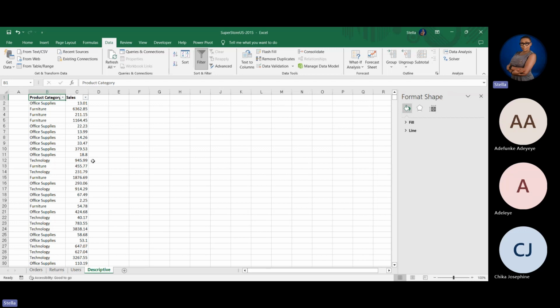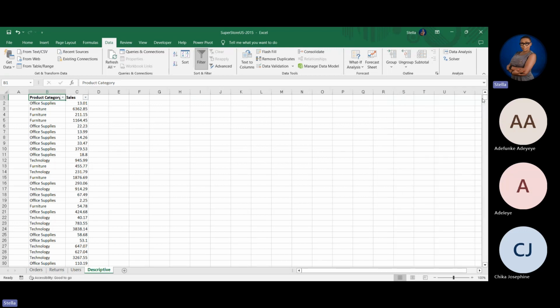We are going to do descriptive analysis on the sales data, right? And then we'll be able to look at what it means to the business and how that could impact the sales decision of the business. All right. So, but first of all, for us to be able to do this, we are going to enable